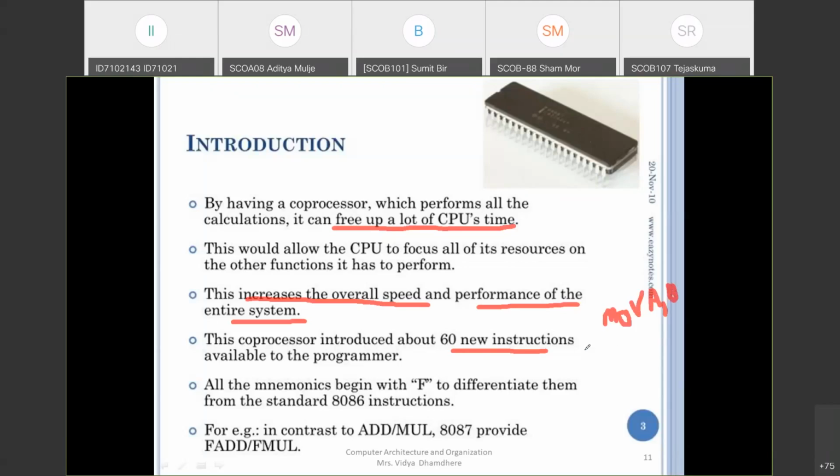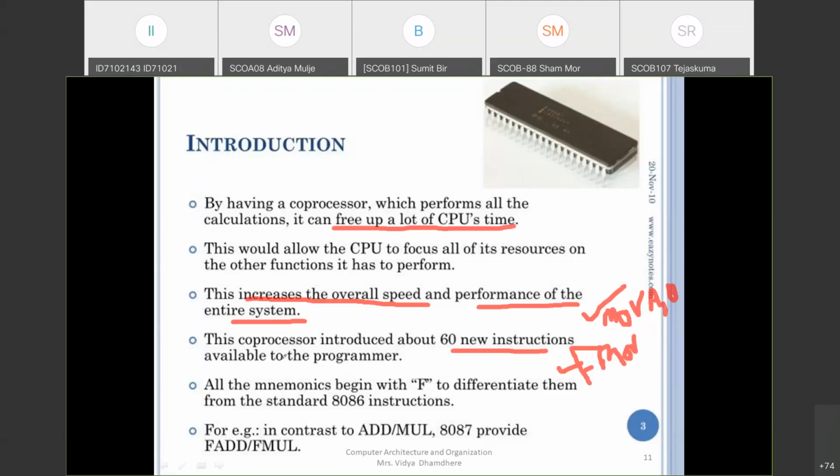The same type of instruction is also available for the coprocessor, but in front of it the F keyword is written: FMOV. That means the main processor has one instruction set and the coprocessor has a different instruction set, which will be executed by that particular processor or coprocessor.